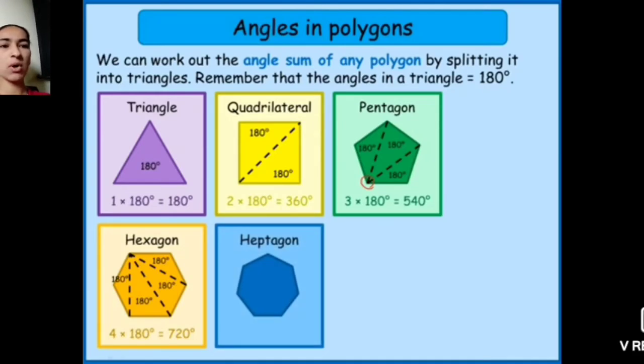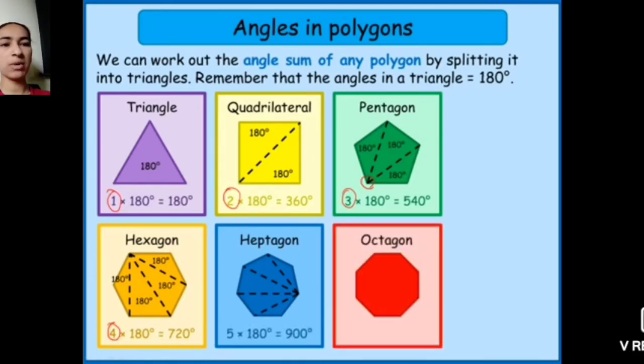And what about a heptagon? In a heptagon, if we start from one vertex, okay students, we will keep that vertex the same. Now you can see 1, 2, 3. In a hexagon 4 is there, so in a heptagon how many will there be? 5 will be there. Yes students. If we draw the lines, that means diagonals, there are 5 triangles in a heptagon, that means 5 multiplied by 180, so the addition of all angles in a heptagon is 900.